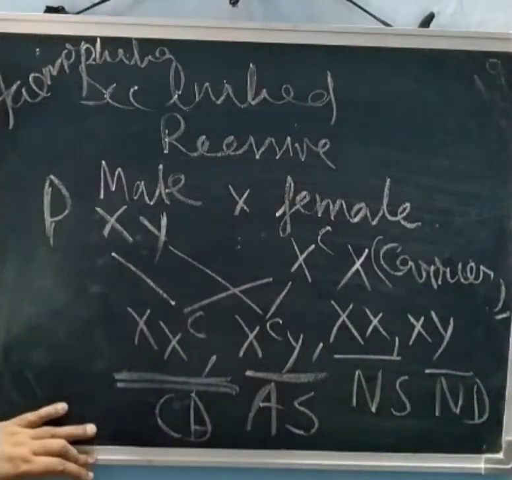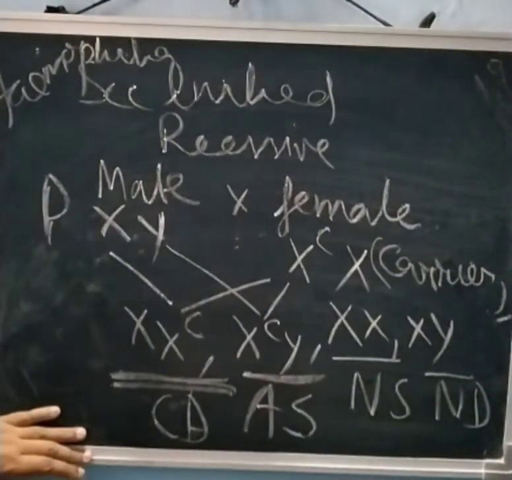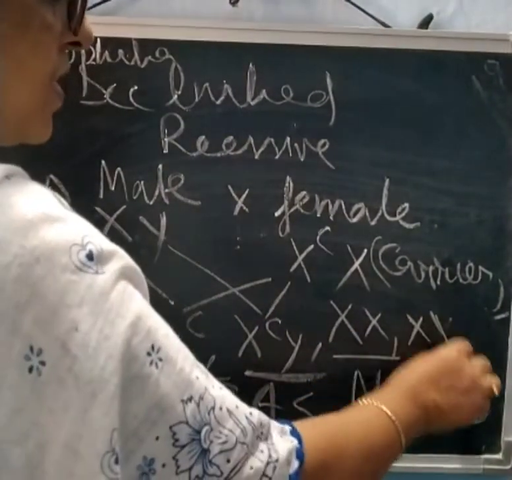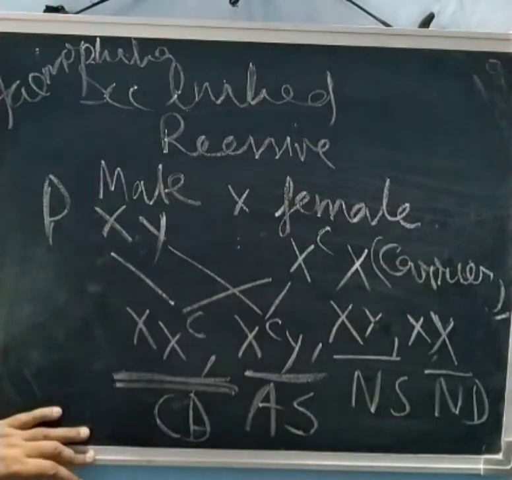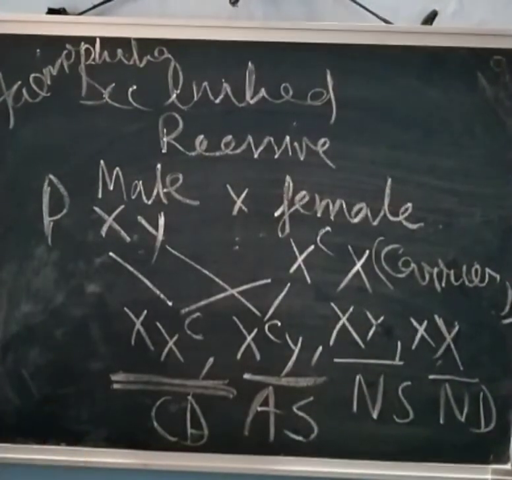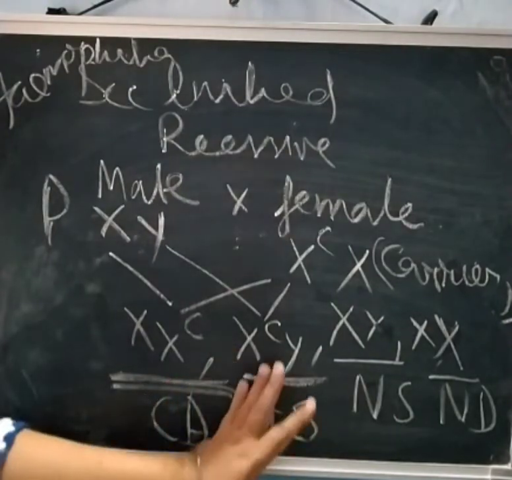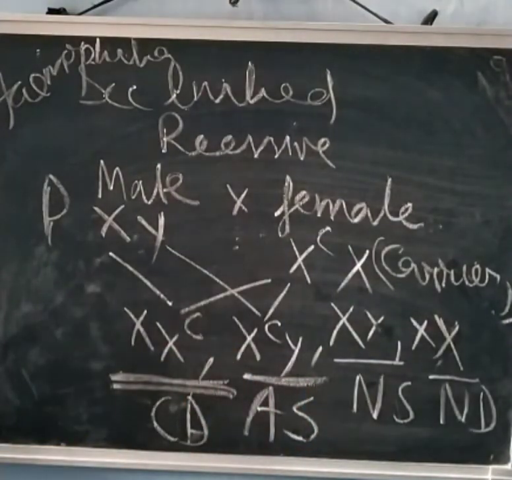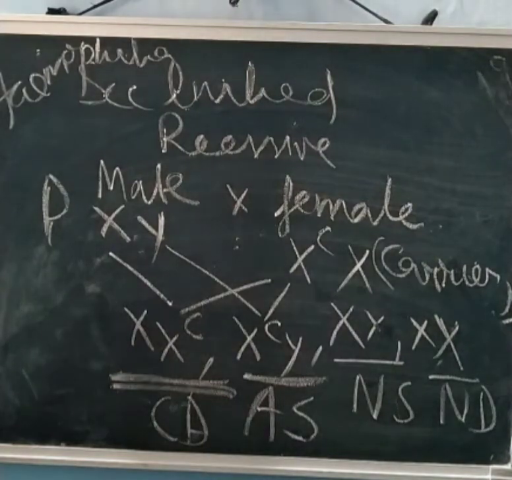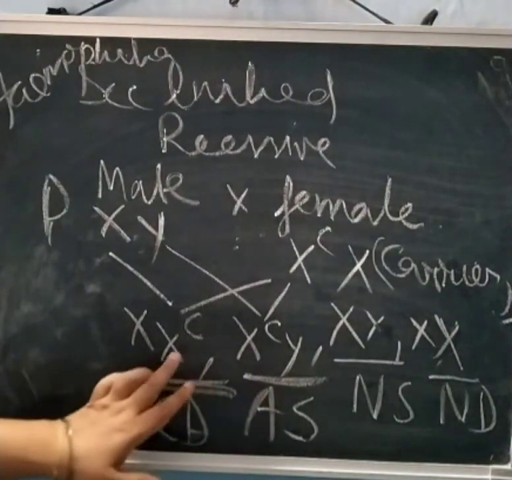This is the normal daughter. So now you see this one is X and this one is Y. So normal son and normal daughter are developed, but along with that there is a possibility of an affected son also, and a carrier daughter also can develop, but at every birth there is a 50-50 chance of development of the disease. So this is the way, this is the carrier daughter.